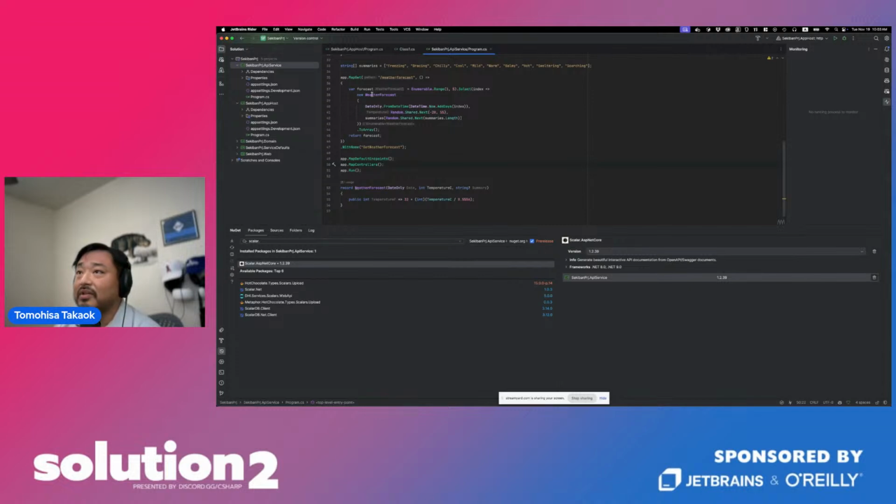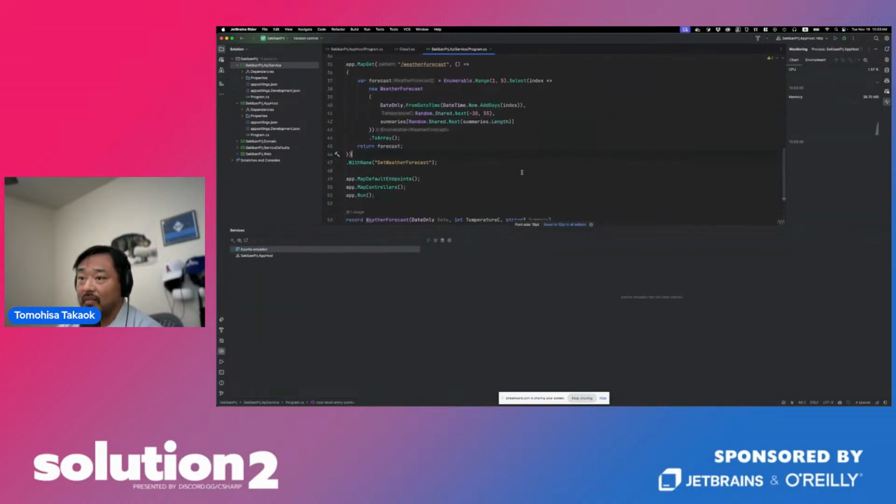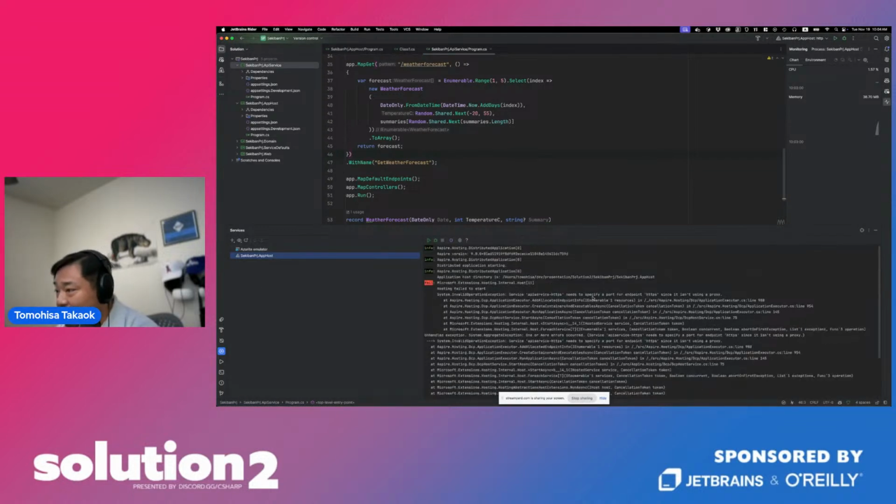So now let's run this program. Let's see. App host. Oh, app host caused an error. That's okay. Let me see. Oh, HTTPS is better.